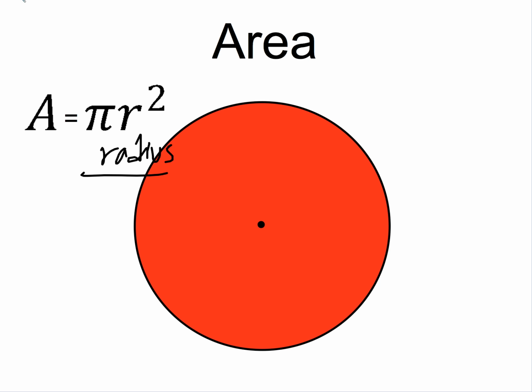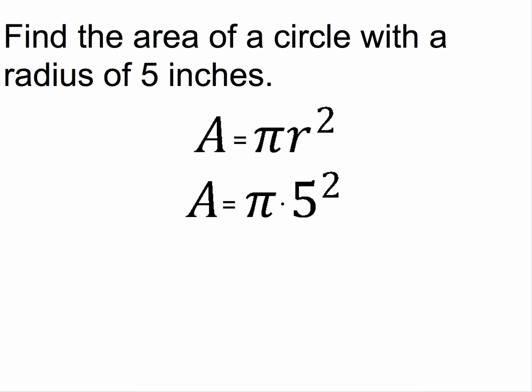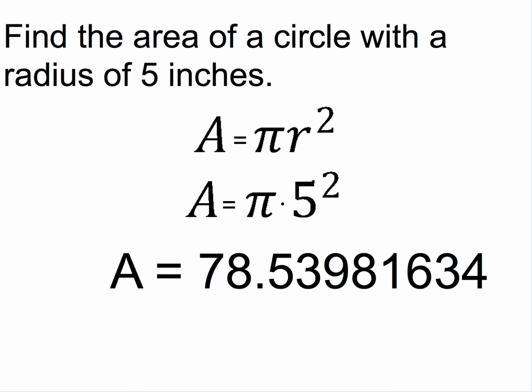Okay, so here our problem says find the area of a circle with a radius of 5 inches. So since the radius is 5 inches, all I do is I plug that in place of r, so it'll be area equals pi times 5 squared. Plug that in the calculator and you get this big long number,